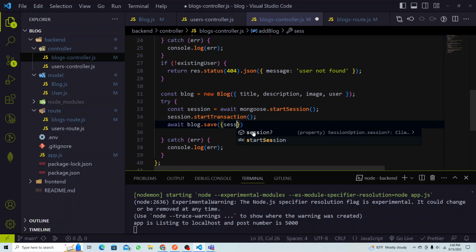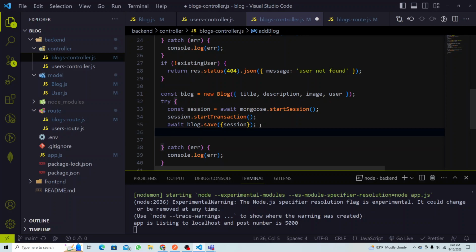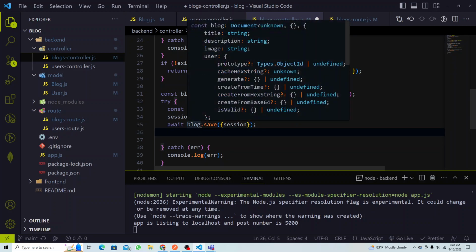Okay, so that is done, right? Now, this will save the blog in the database, right? That is okay, but the thing is, you remember we have to send the id of this blog,